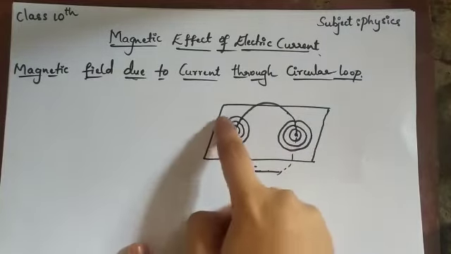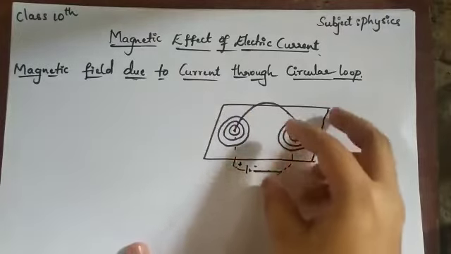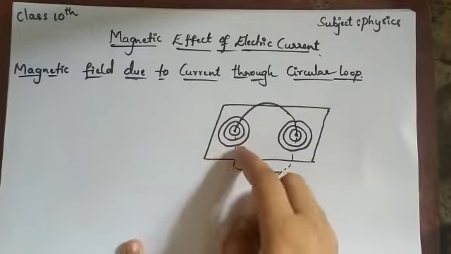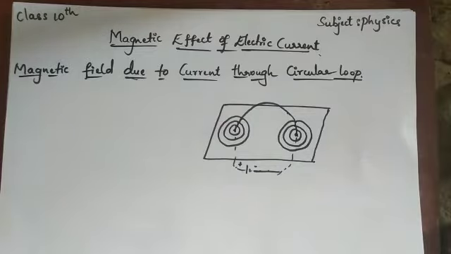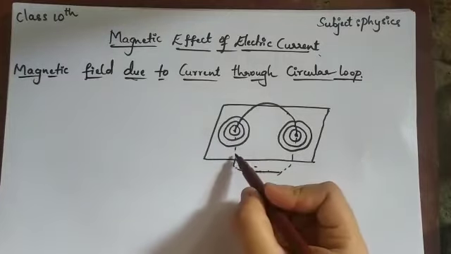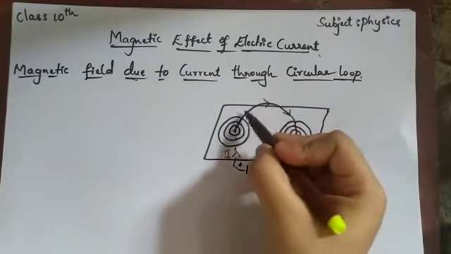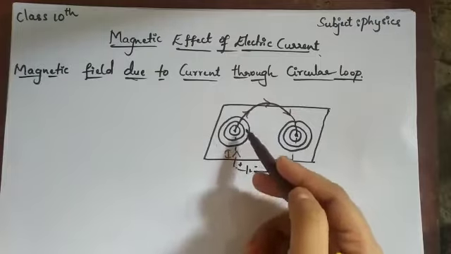Now what happens to the magnetic lines here? If I put iron filings here, how does the magnetic field take place around this conductor? To understand this, we can use the right hand thumb rule to find the direction of the magnetic field. Here the current I is flowing in the upward direction. First, let me consider the part where the current is flowing in a north direction.